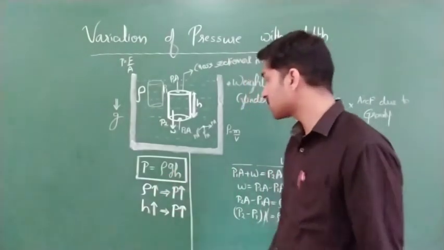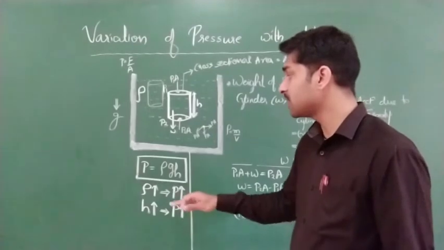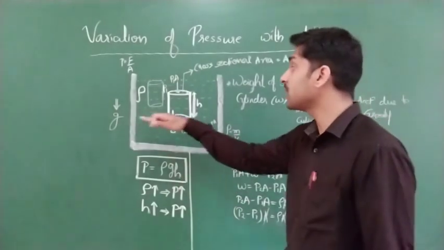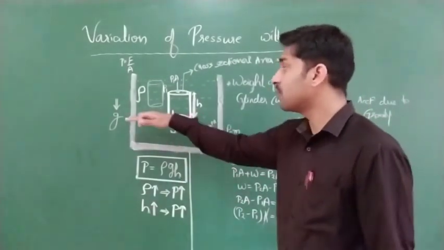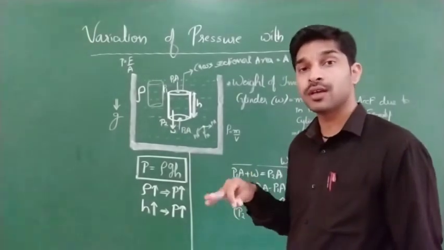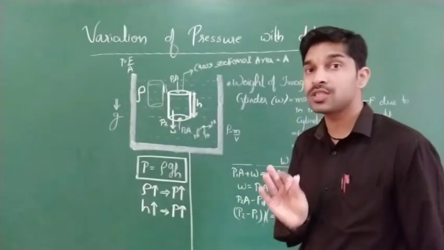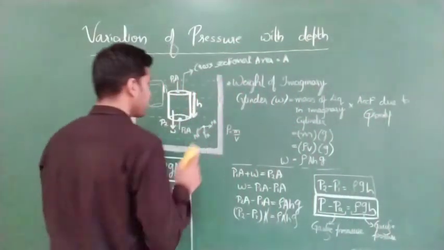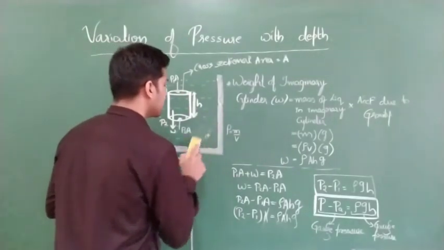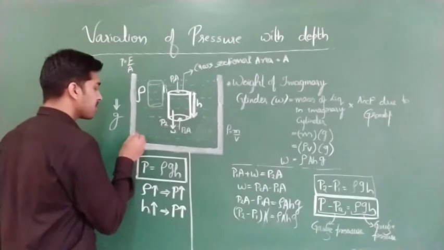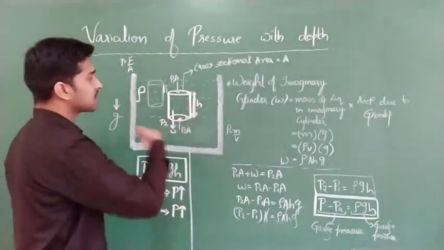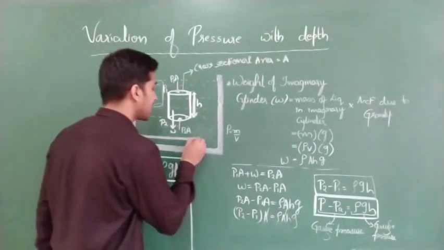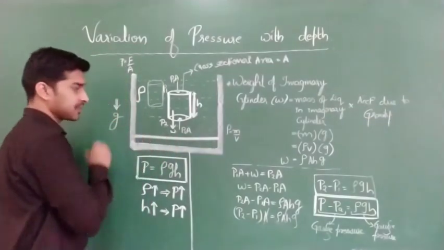Clear? Next we are going to discuss one more important concept: for the same horizontal line drawn on this complete vessel which is filled with fluid, the pressure will remain unchanged. This is a very important one. So how can I demonstrate this? Imagine that this is a glass beaker or a glass cylinder. We are attaching one strip here, a red colour strip, let us take.